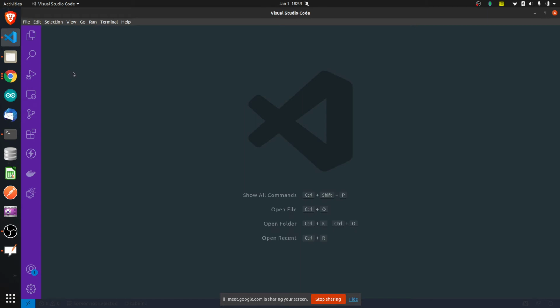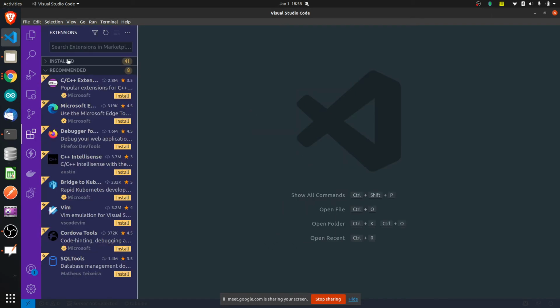Now there are a few things you should understand here. One is files. Another is extensions. I will tell you some extensions which will help you write Python programs much faster, but not now, because you don't know anything right now. This tab is the extension tab. You might not have all of this in your Windows, because I am working on some other things, so I have Docker and all that kind of stuff.